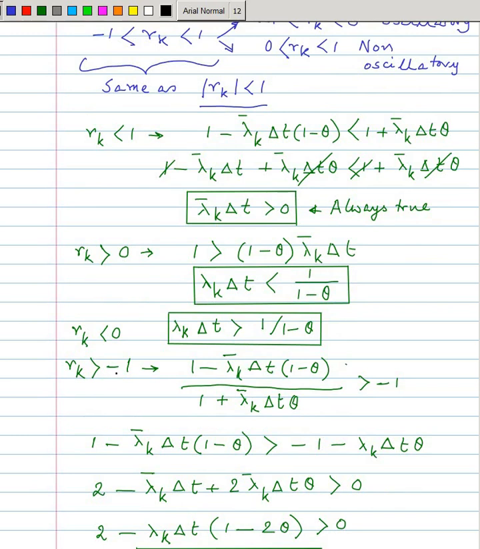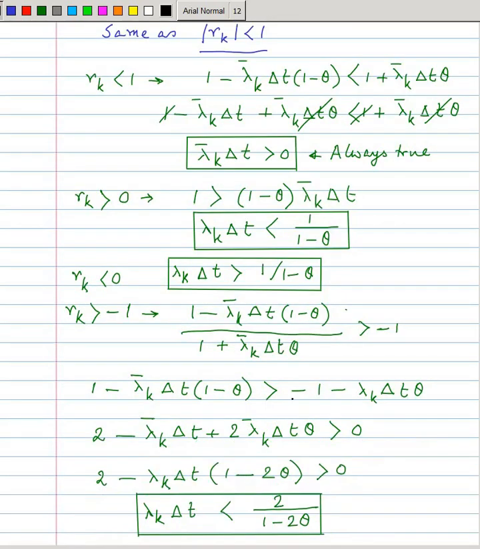And for R_k greater than -1, if you do these manipulations, you get lambda_k bar delta t should be less than 2 by 1 minus 2 theta. So for R_k between -1 and 0, this is greater than 0 and less than this. So if you draw the graph,